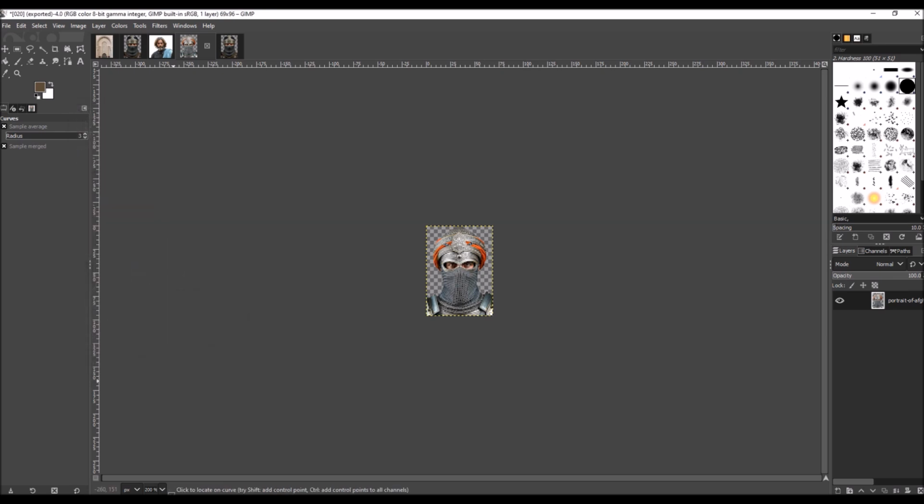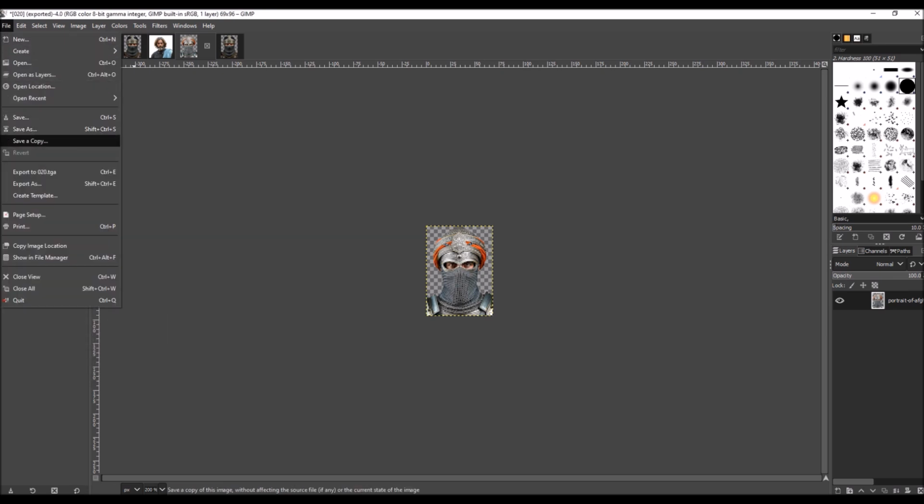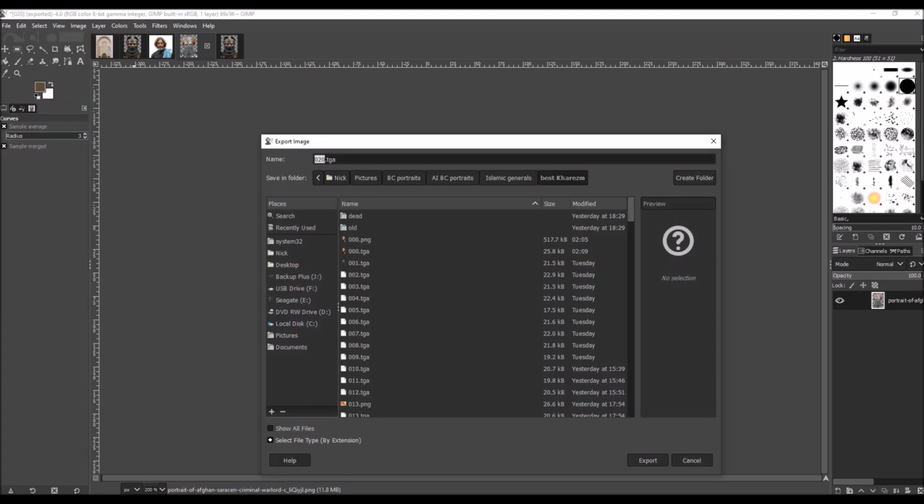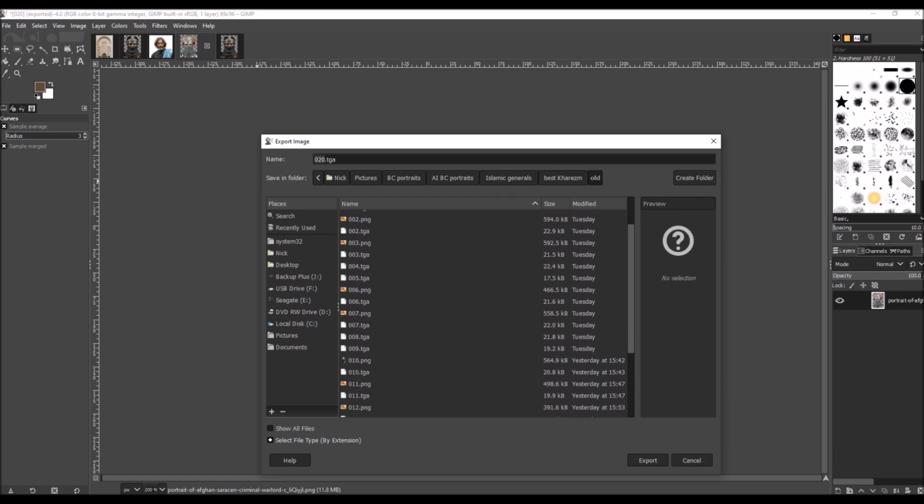So for example, okay, so this is the old image, and we say export. Now we go here, best Khwarezmi. These are the Khwarezmian or general Islamic portraits of generals. So go here, we have a folder called old, and